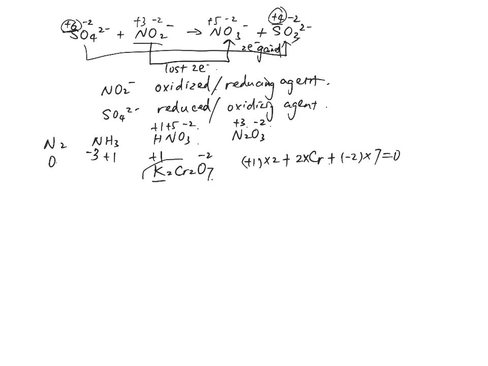The total charge on the group, this is a neutral compound. Total charge on the group, obviously, is 0, and that makes your chromium a +6 oxidation number. Okay, and now,